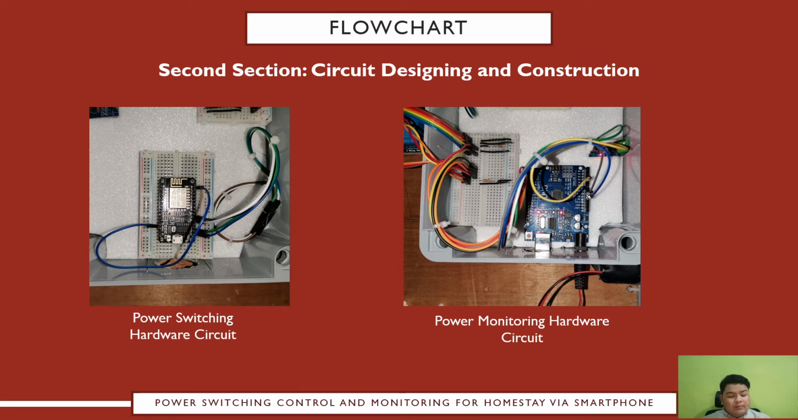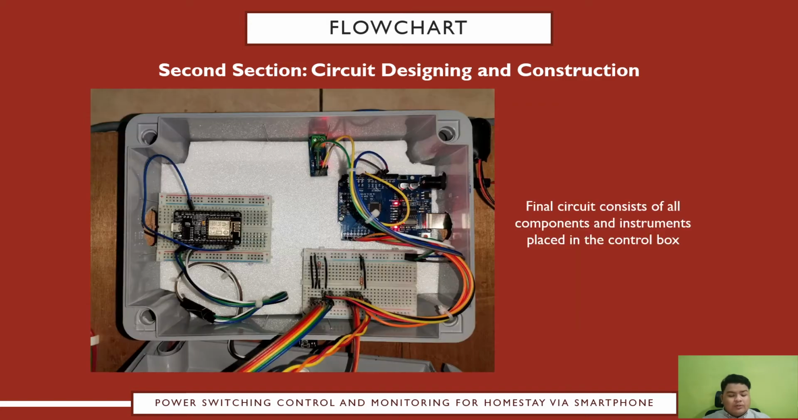The power switching circuit consists of a Node MCU placed on the breadboard. The power switching hardware circuit is placed on the breadboard and connected to a relay module. And for my power monitoring hardware circuit, I've used an Arduino Uno. The Arduino Uno is connected to the ACS712 current sensor, and there's also the presence of resistors on the breadboard, and the breadboard is also connected to my LCD display. So this is my final circuit consisting of all components and instruments involved, and I placed all of them in